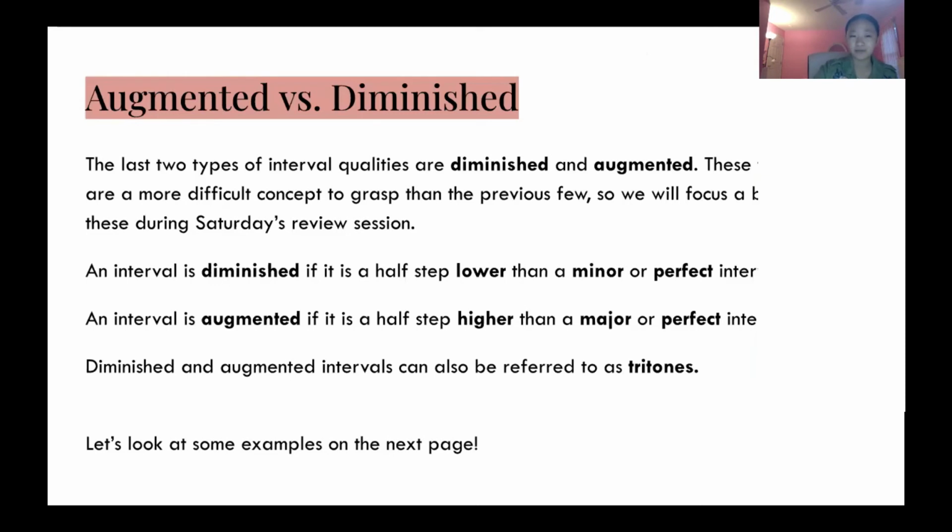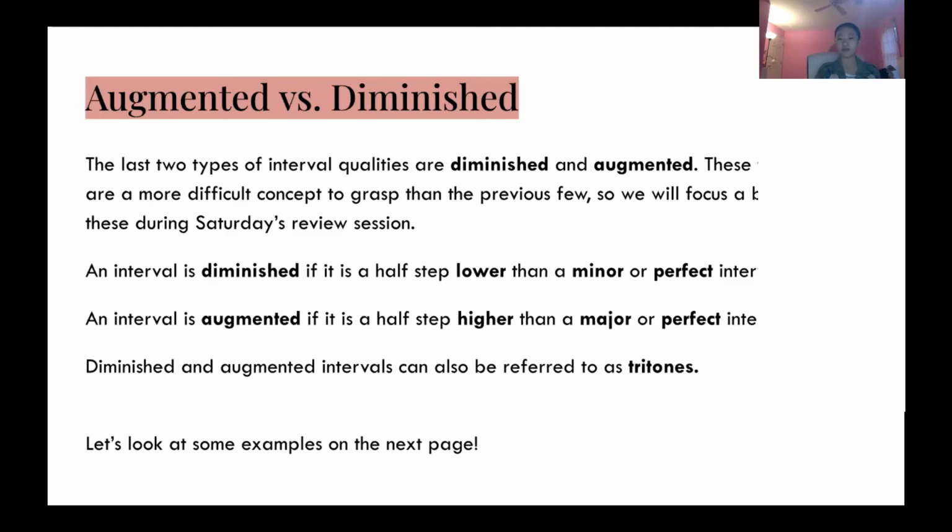An interval is diminished if it is a half step lower than a minor or a perfect interval. So if you had a fourth interval and the top note was lowered, you wouldn't call it a minor fourth. It would be called a diminished fourth. Yeah, confusing, right? And an interval is augmented if it is a half step higher than a major or perfect